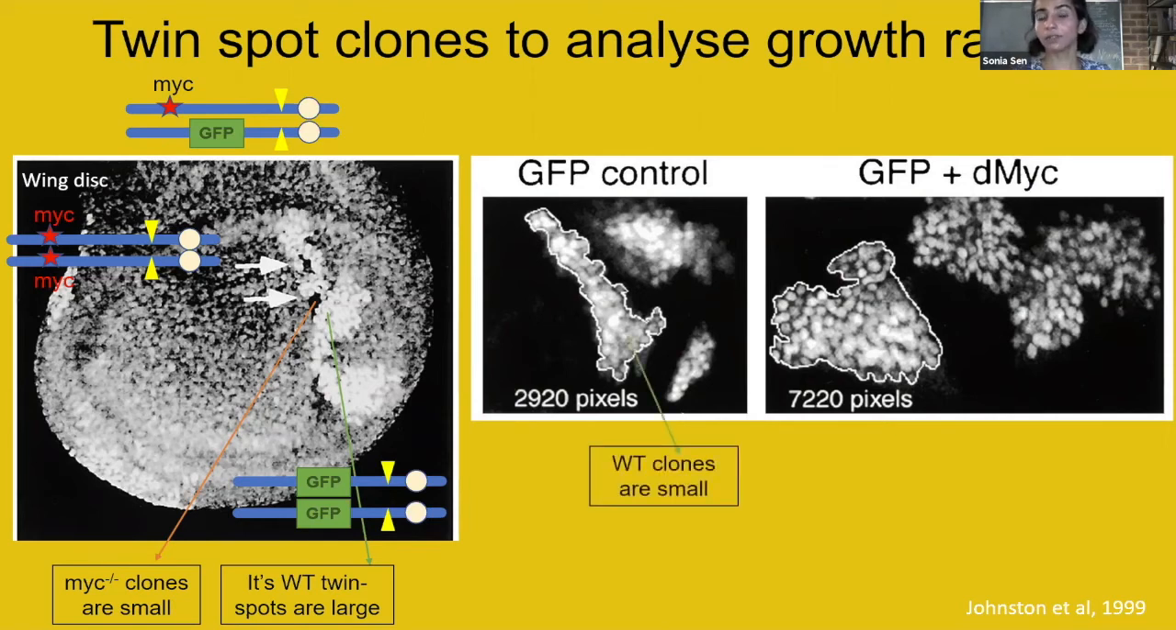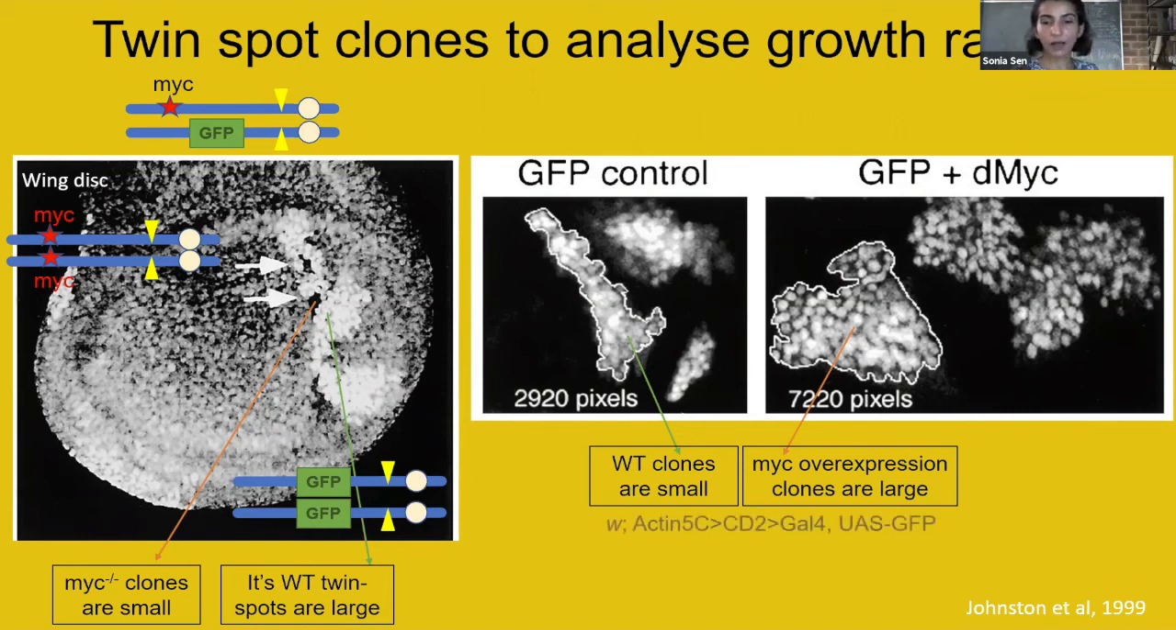So when you have a GFP control, wild-type clones are small. But when you misexpress GFP in those clones, they are much larger. So exactly as you would predict. Now, the interesting thing about this is how we did this. In this experiment, she used a different approach to make the clone, which is,